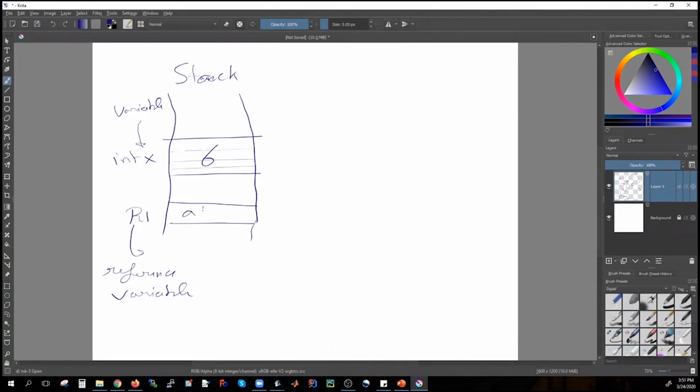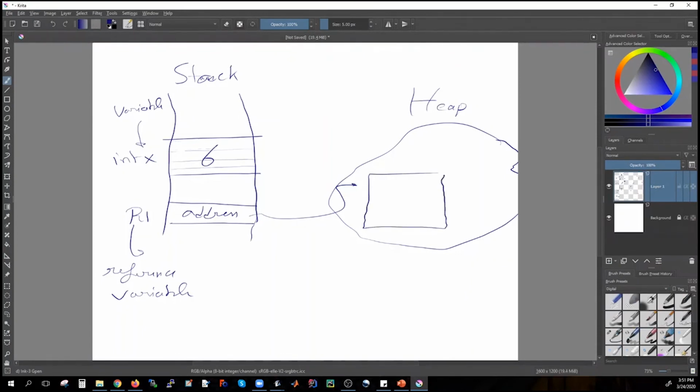No, it contains an address or an address hash, which is pointing to another memory in the computer, which is called the heap memory. And in that heap memory, it's more flexible to store that complex object, right? Which is an instance of Rectangle,